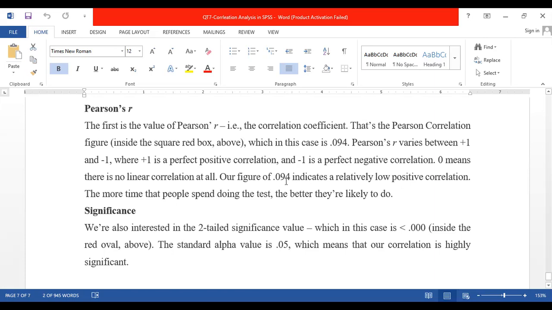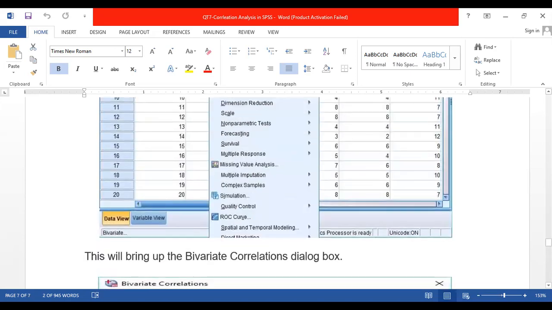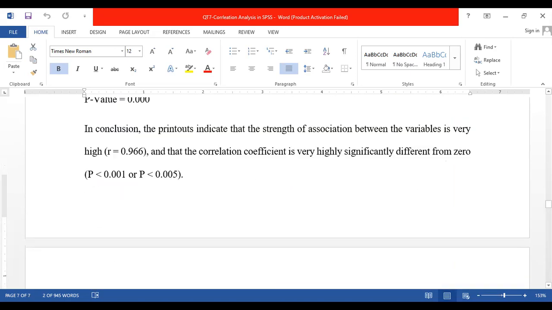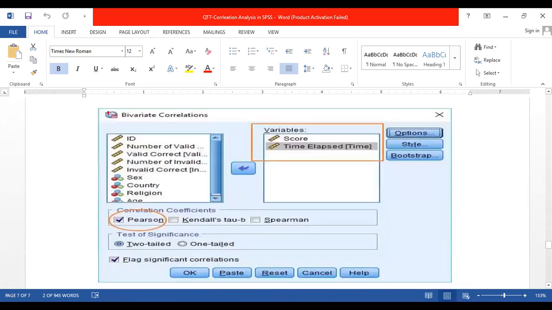0.094 reflects that the value is 0.09, which is very near to 0.1. In our previous example, the outcome value was 0.9.